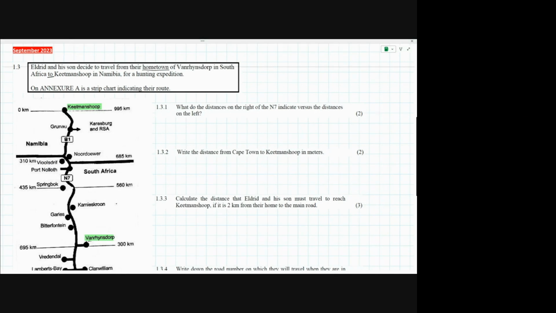Right, have we all seen a strip map before? You can give me a thumbs up or shout yes. Have you seen one of these maps before? Yes, ma'am. Okay, cool. So we kind of know what it's indicating. They can be presented in a couple of different ways. Some strip maps are quite complicated. I remember when I first looked at one, it took me a little while to figure out what was going on. This is a little clearer, but we know that strip maps basically give us a portion of a route,